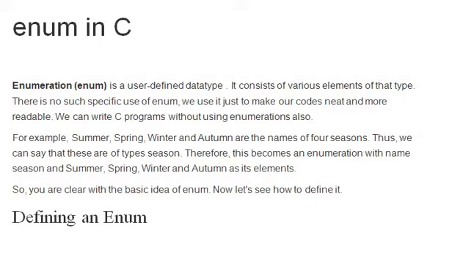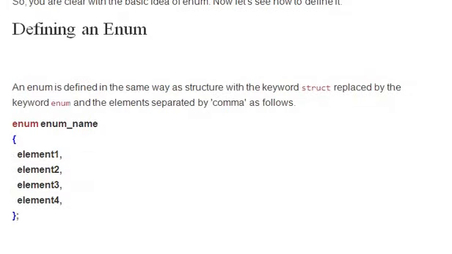enum, the keyword enum. So look at the definition part of enum. Enum followed by a valid enumeration name, and whatever you put within brackets are called enumeration elements or enumeration constants, and all the constants must be separated by comma. You can write it in a single line, no need of writing in 1, 2, 3, 4 lines. We can put it in one single line separated by comma.